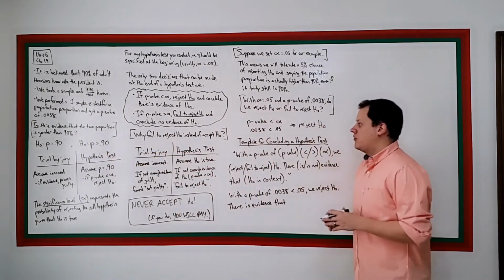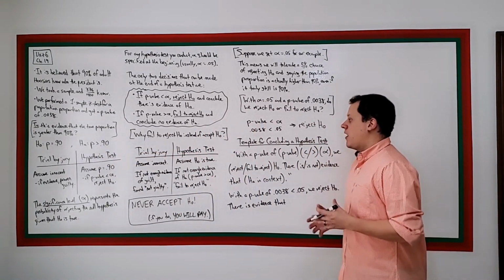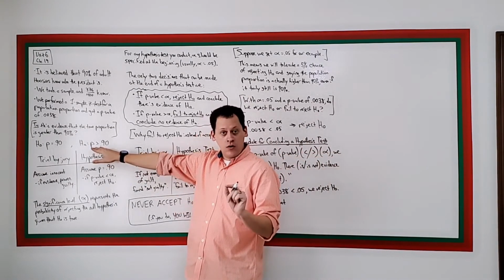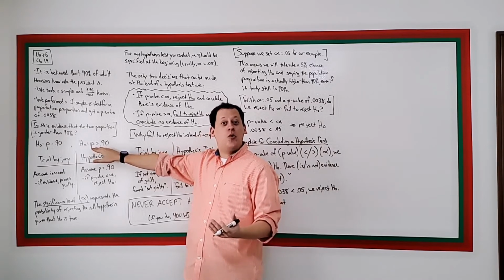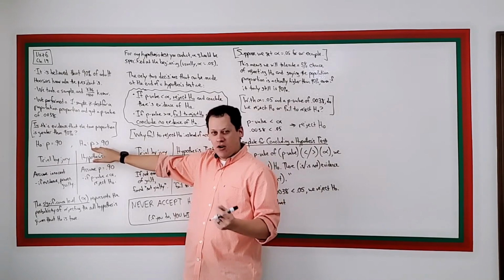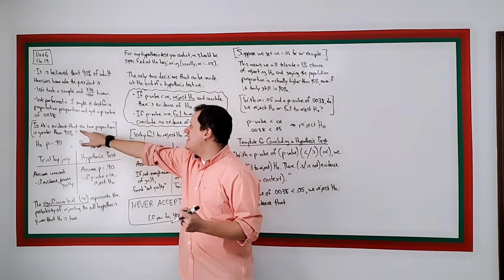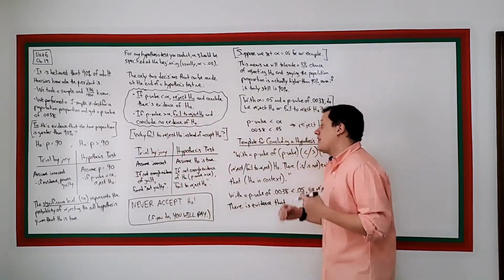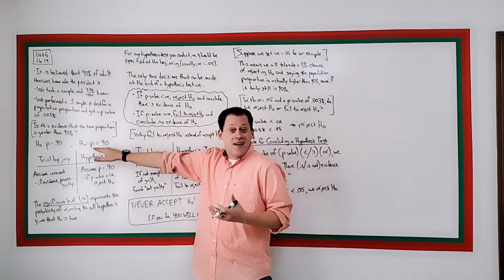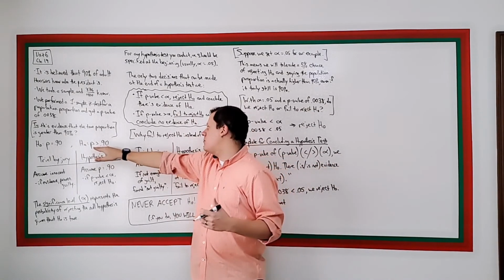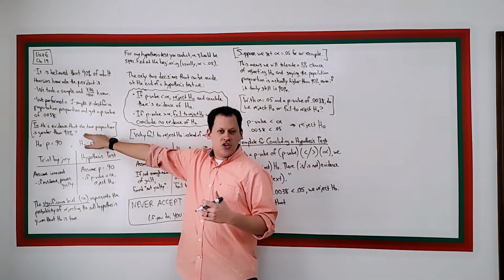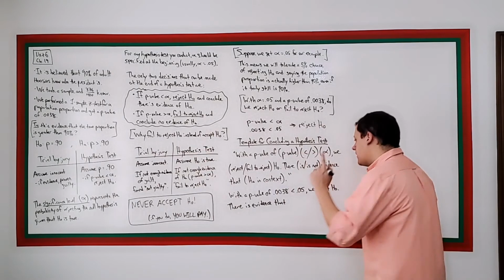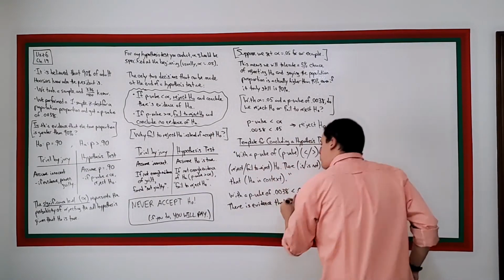Now, you can either try to explain in words what this means, or you could look back at the question that was being asked, and chances are that's what you need. So the question was, is this evidence that the true proportion is greater than 90%? That is what the alternative hypothesis is saying, that the true proportion is greater than 90%. I've done a bad job here and didn't include the context of the problem. The true proportion of what? Well, it's evidence that the true proportion